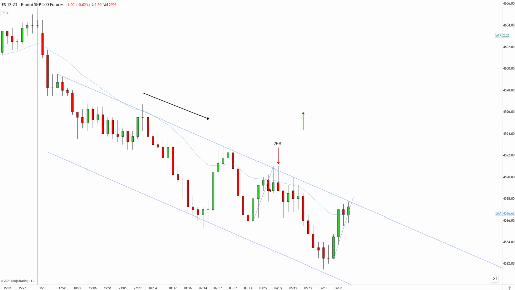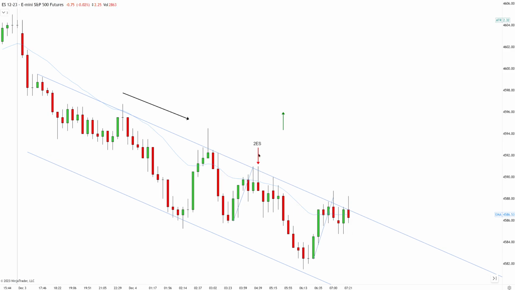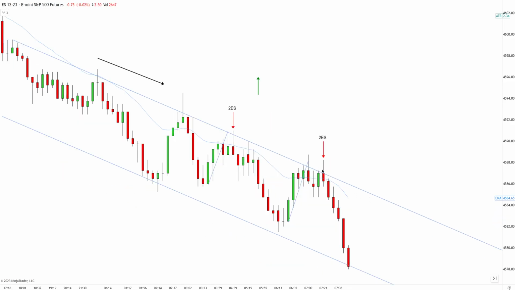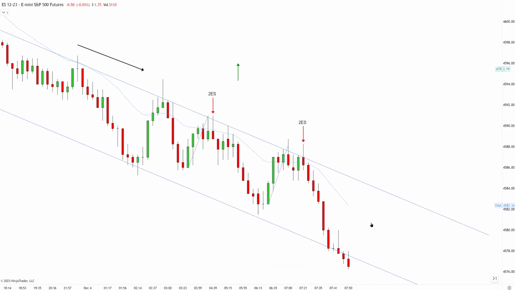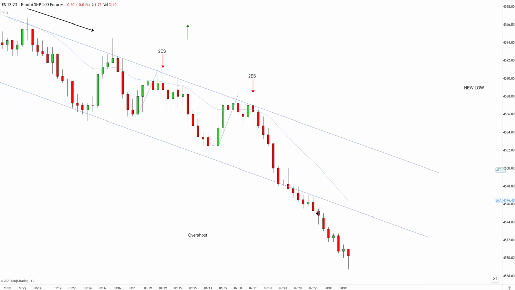I'm counting again for second entry short because I cannot take just first entry short. It worked in this case, but it doesn't mean I don't want to take it. I want to follow the rules. The second attempt, that's the high probability setup. First entry short, pullback, second entry short is a little bit congested, but because it is at two key entry points, when the structure is clearly a bearish trend, we can take a setup like this and the market push phase is starting. But right now we can see the market is getting close to the open and we are